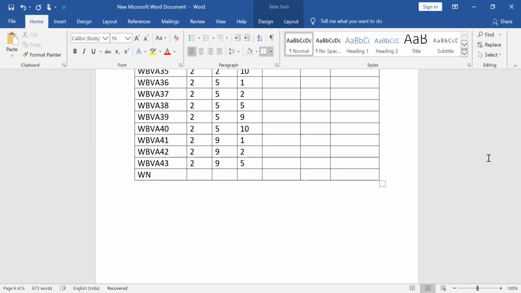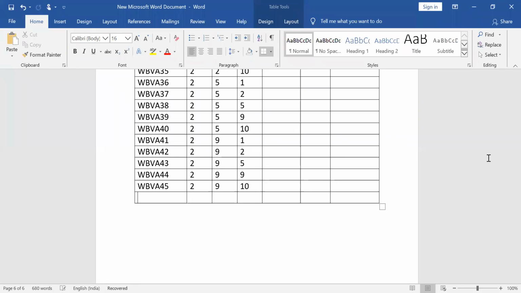WBVA 44. This is 2 followed by 9 followed by 9. WBVA 45. 2 followed by 9 followed by 10. Now this is the last particular round with respect to your 2.